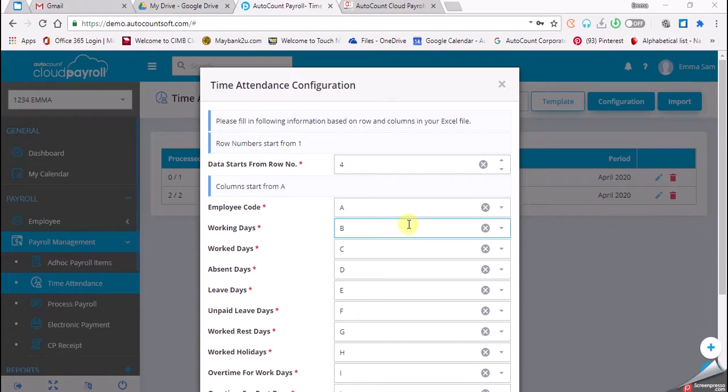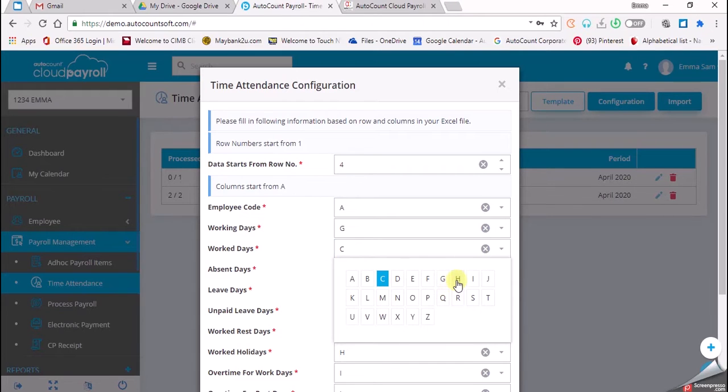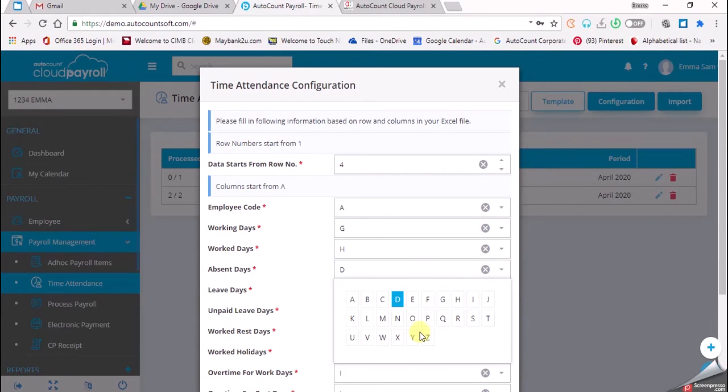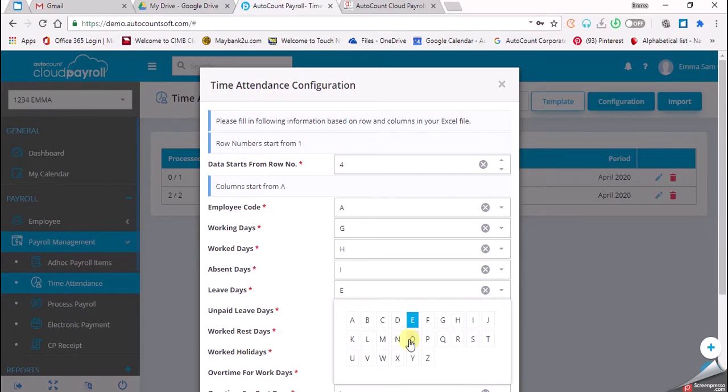We will assign our new template. We assume we already modify our own Excel template, so we will use our own template. So we have to modify our time attendant configuration. For the employee code, maintain A, but for the working days, we start with G. So you have to click and select G, and then work day is starting with H, absent day we start with I, and leave day we start with J,